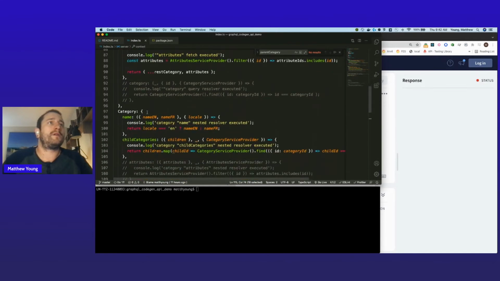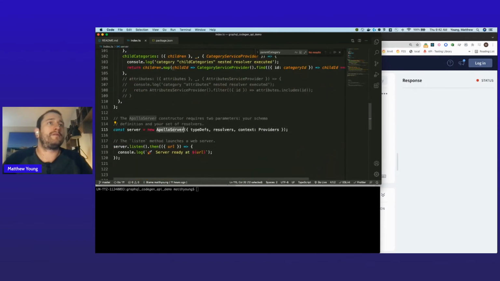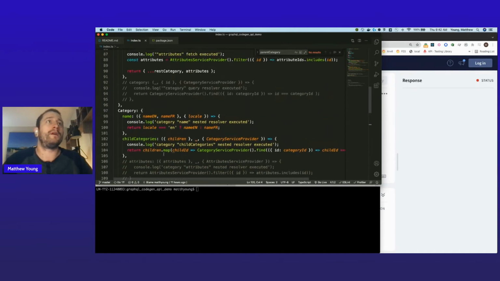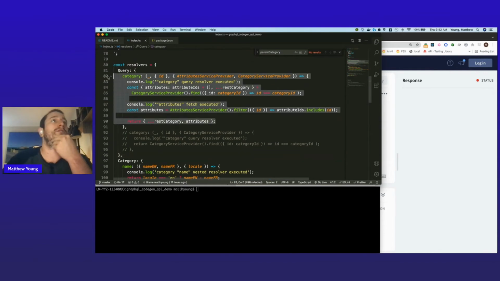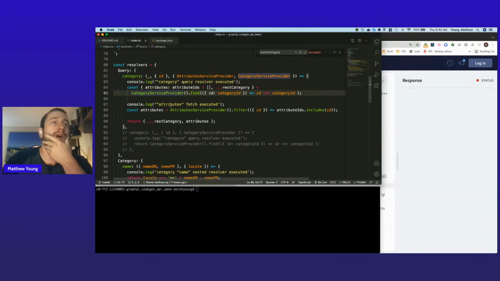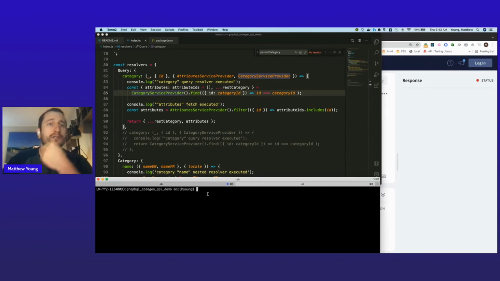Once you've defined all this stuff, it's as simple as starting up an Apollo server: type defs, resolvers, context, spin up the server, you're good to go. All right, so what I'm going to do here is demo what I showed in the screenshots. I have some console logs to show you that if we query category here with overfetching the attribute subfield inside the top level, I'm going to show you why this is not such a good idea. So if I start up the server,